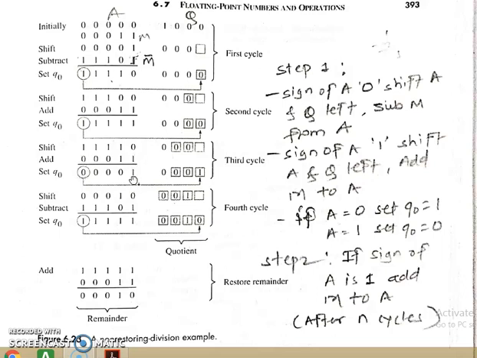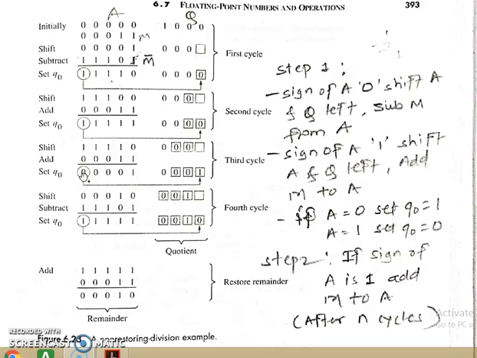So this is 0 plus 1, 1; 1 plus 1, 0, carry 1; 1 plus 1, 0, carry 1; 1 plus 1, 0, carry 1; 1 plus 1, 0, carry 1. So the carry is discarded because we are storing only 5 bits. Okay, now this bit is 0. What happens with this bit? So the sign is 0, shift A and Q to the left and subtract the M value. So in the shift operation, this bit is shifted here, this is shifted here, this is shifted here, this one is here, this 0 is here, 0 here, 0 here, and 1 here. One place is vacant.